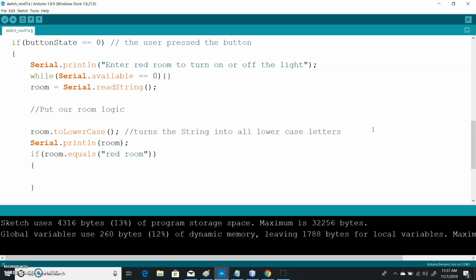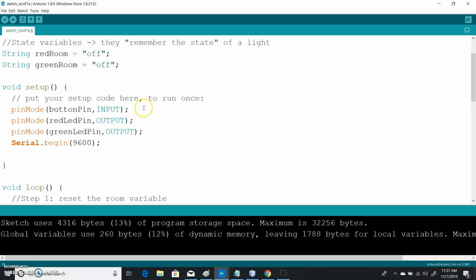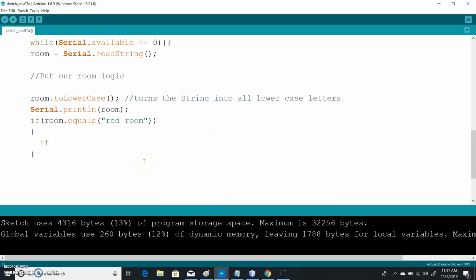Just to verify that it's all lowercase. And then we say if room.equals red room. Again, remember it's all lowercase here because we turned it all lowercase. So now we're inside. They typed in red room. So we're going to say if, remember we went up here and we put red room and green room are off. So we're going to say if